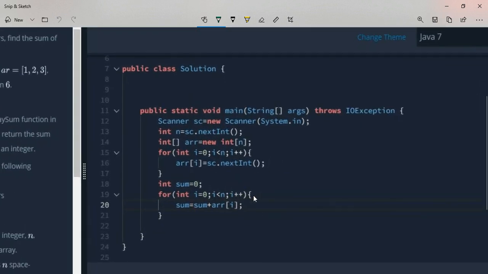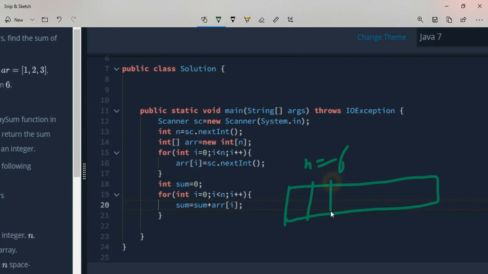So let's suppose that our array is of size 6, so n equals 6. Then let's create an array of 6 values.